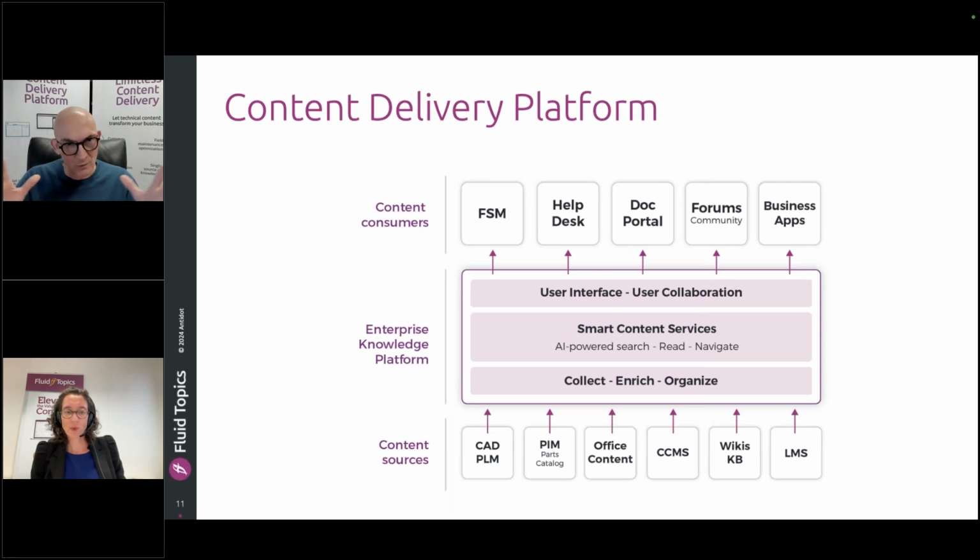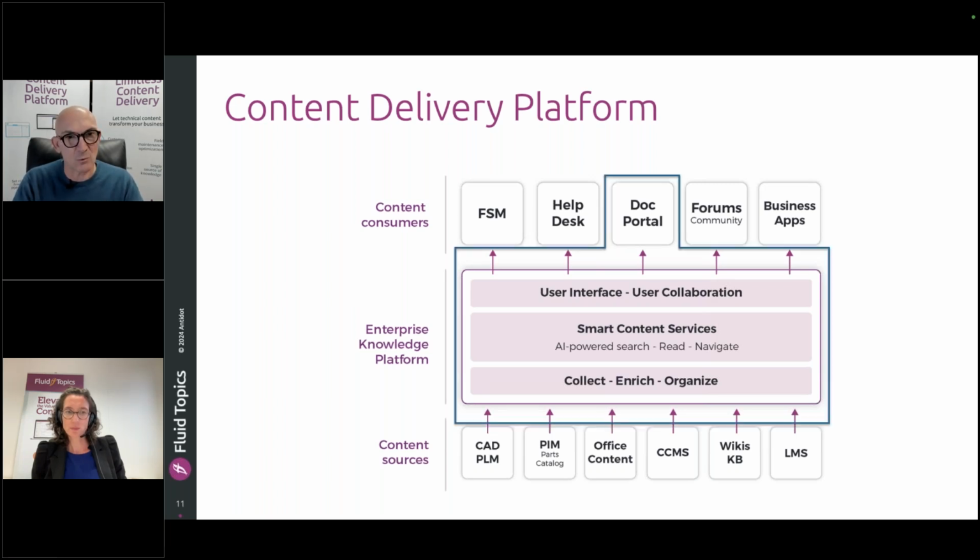Okay, so you don't have to maintain scripts everywhere, but really you can just create with CDPs this unifying of your content and disseminate your content into every touch point that you have. And as part of the scope of what a CDP does, it's also helping you build those tech doc portals in a more modern way. We're talking here about dynamic content delivery, personalized experience, all the things we're going to talk about today.